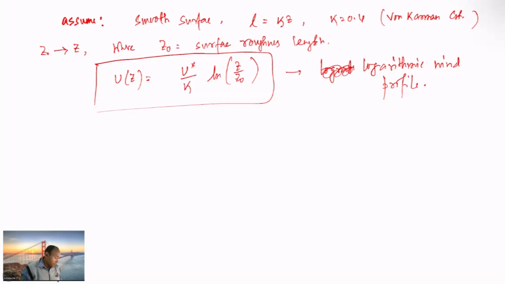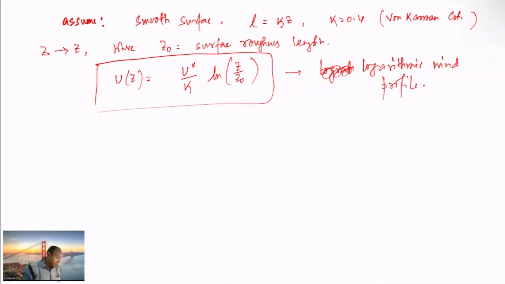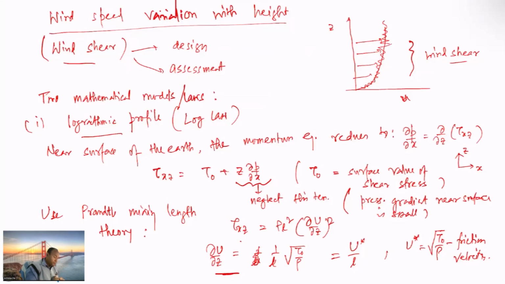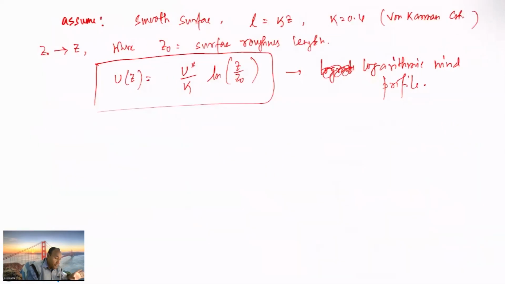So there are two ways. If you look at the ongoing discussion, we have talked about how this is primarily arising because of this profile, which is turbulent in nature, and mathematically we can represent it. One is the log law, or logarithmic profile. The other is the power law that we will talk about here. This was our discussion point, and we arrived at the logarithmic profile.